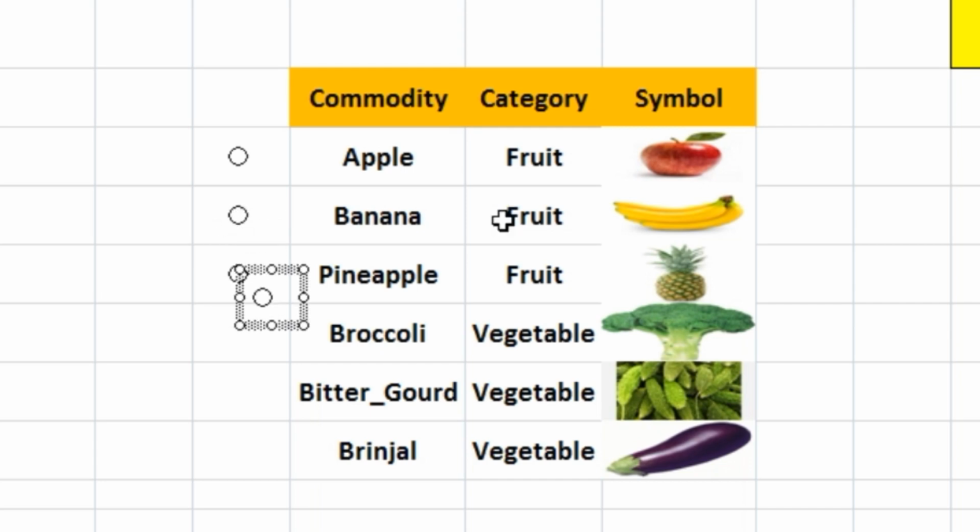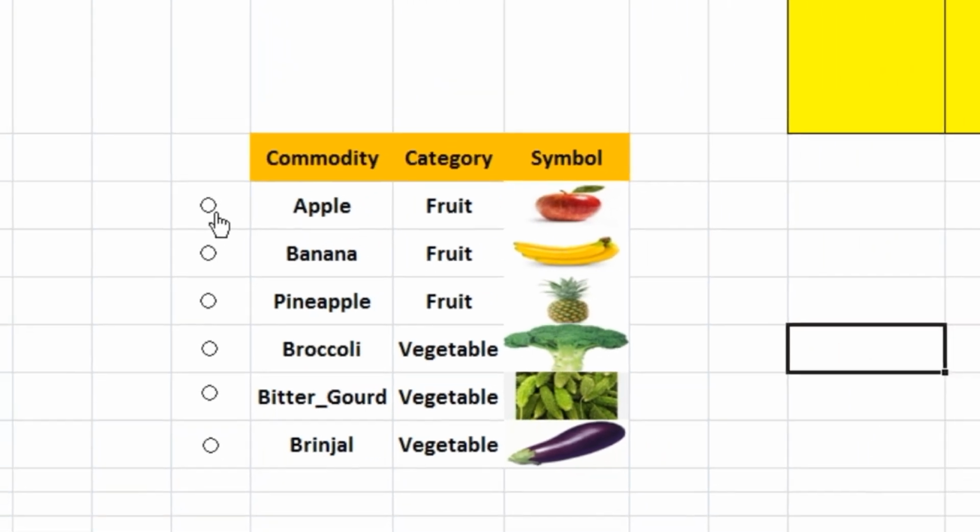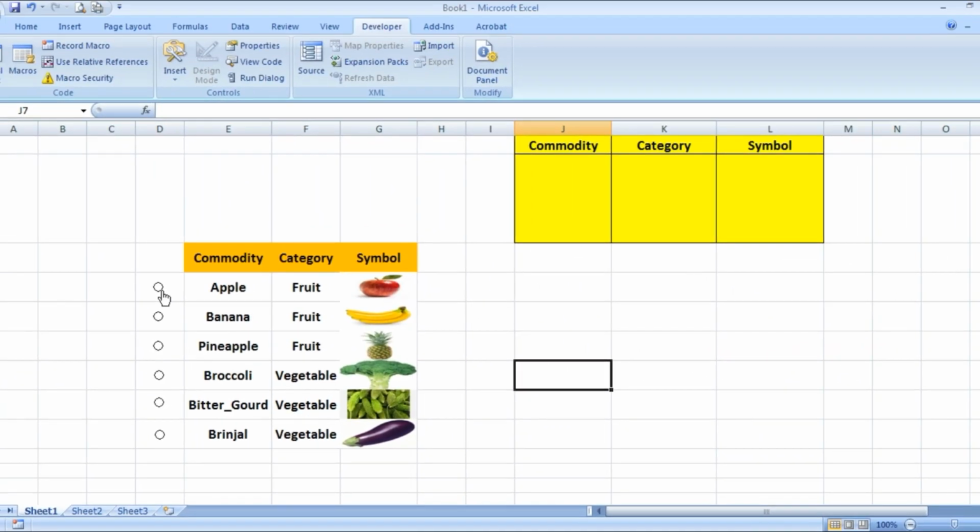Then Control C, Control V again. I am using arrow keys. Control C, Control V. Okay, we have 6 option buttons now.